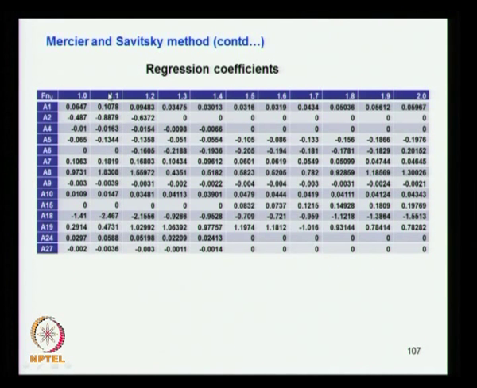If the displacement Froude number is 1.1, use these values. If the displacement Froude number is in between, you do both and then take interpolation for that value. So this is given for a range of Froude number 1 to 2 at an increment of 0.1. So you have to take the appropriate values for A1 to A27 and use the previous equation, then you get the total resistance.